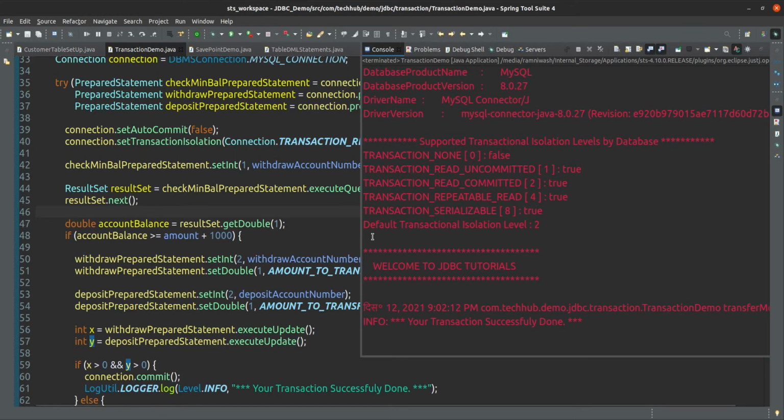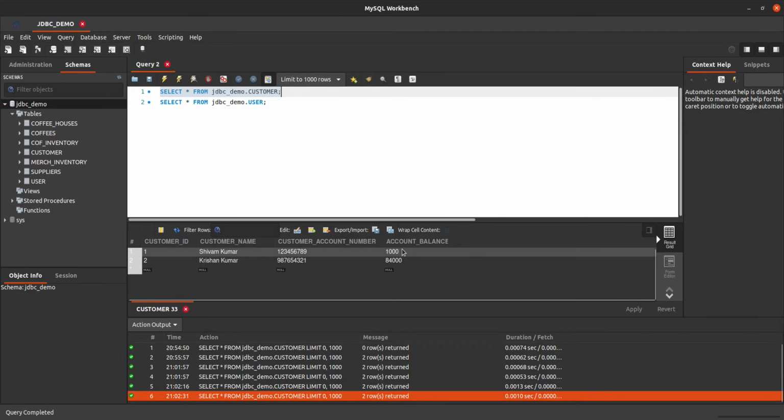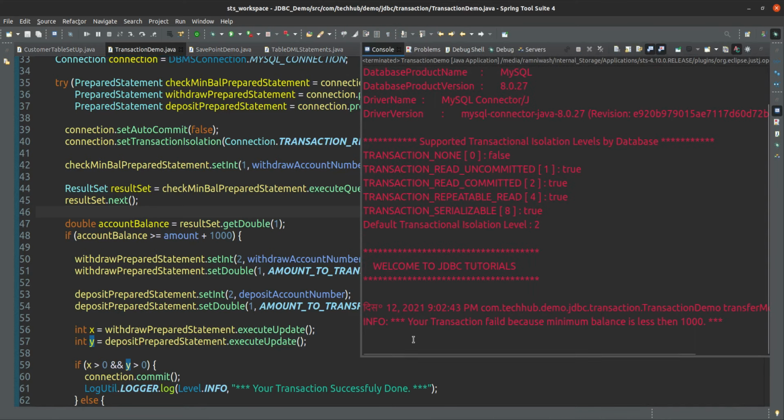Now this time 1000 is there, but I am trying to send 5000. What will happen? Your transaction will fail because the minimum balance is less than this, so you cannot do that.